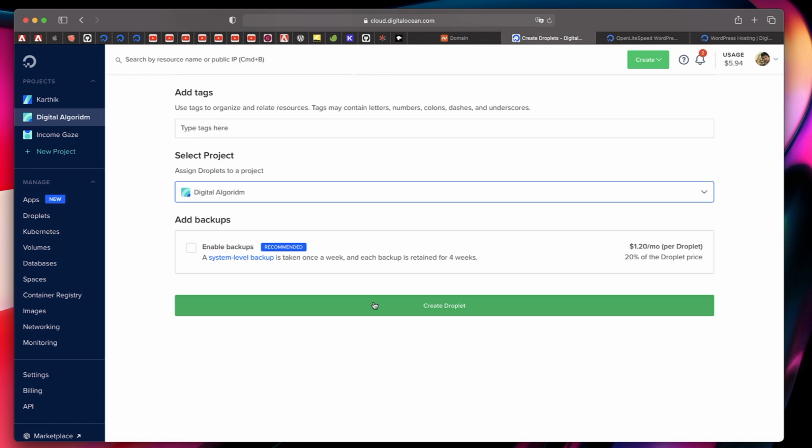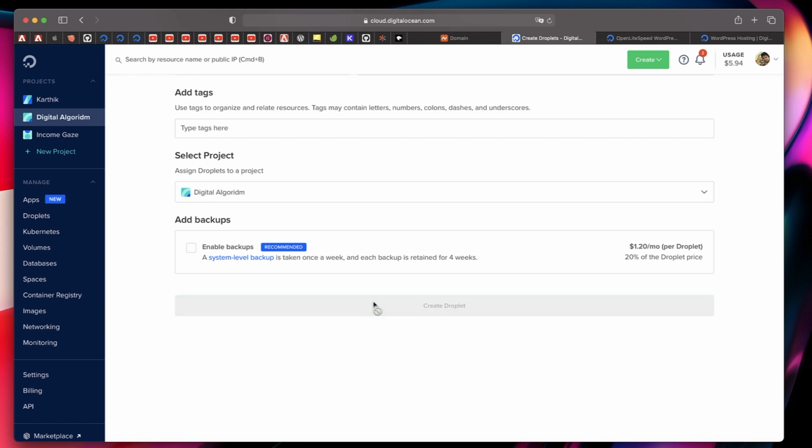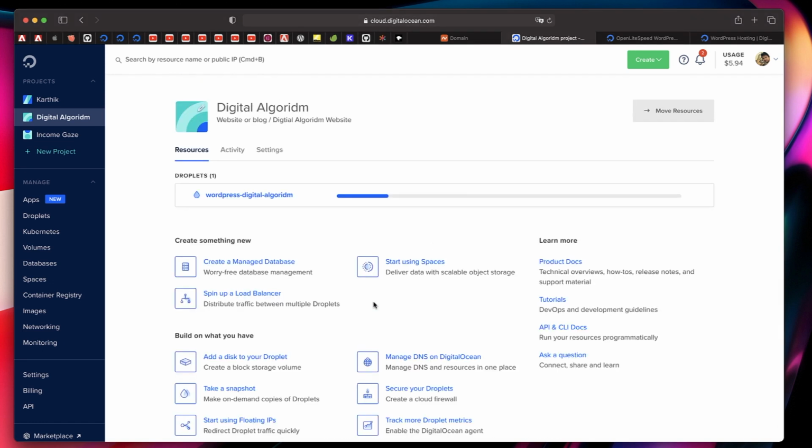We'll discuss that later. I'll just click on create droplet, and that'll create our droplet. It'll take a while, just give it some time, and once it's done, we can proceed with the next step. So once a droplet is created, you can actually see it from here, and when you hover over it, it